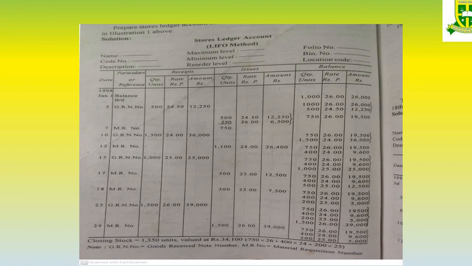Simple. You have to differentiate that from the first in first out method. Whatever material you have, you have to see the date. Whatever material was purchased first, you have to send it out. In last in first out method, whatever material was purchased last will be sent first. So you should not change any format, only the issue column should be changed. You have to take from the last material available. In first in first out method, we have to take the material from the first available material. So this is the difference between first in first out and last in first out.